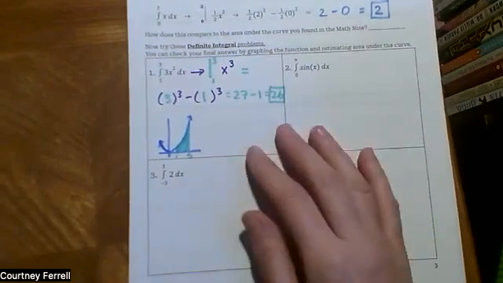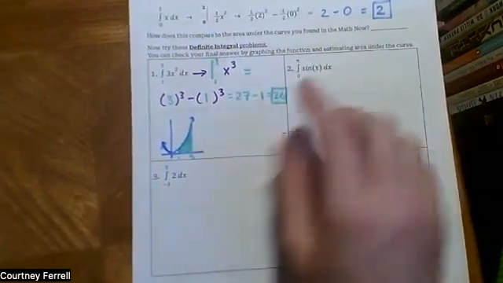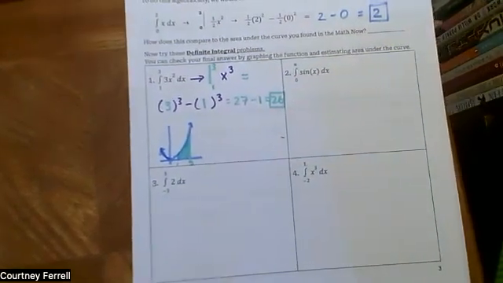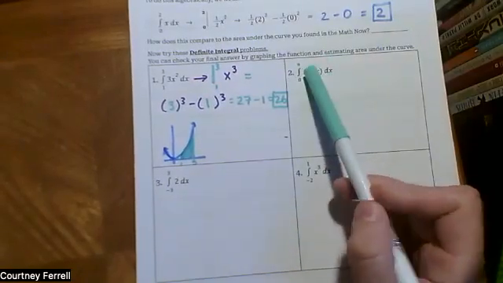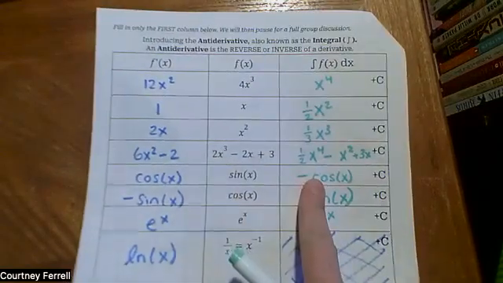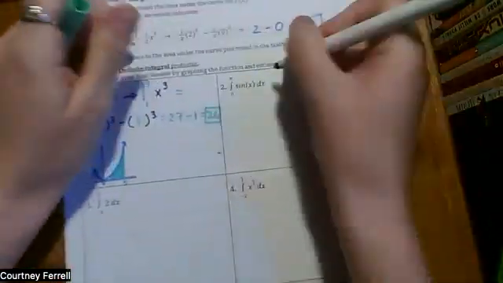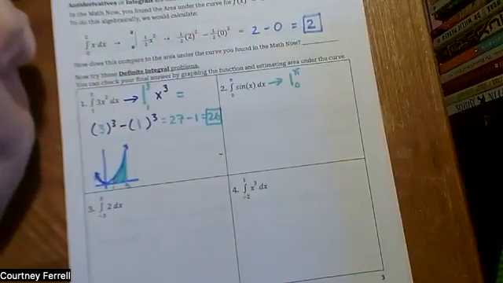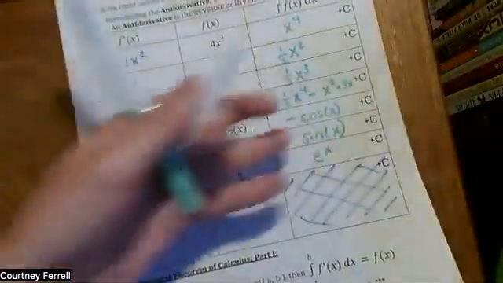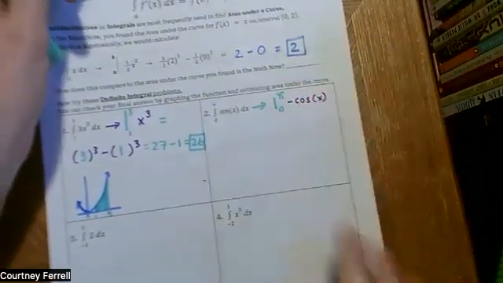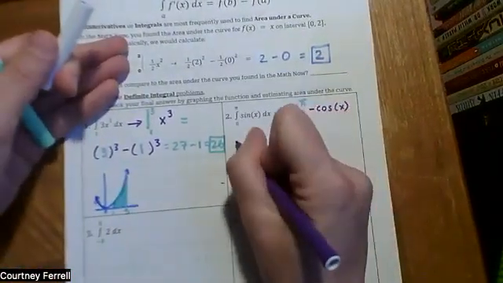So for number 2, this is a definite integral, and the reason it's definite is because we know the upper and lower bound values. If we don't know them, they're called indefinite. Okay, so let's try this out. So the antiderivative of sine. Well, we could think about it, or we could just flip to our cheat sheet, and it says that the antiderivative of sine is negative cosine. Okay, cool. So we are going to evaluate the antiderivative, which again, we said was negative cosine, from 0 to pi. Okay, so negative cos